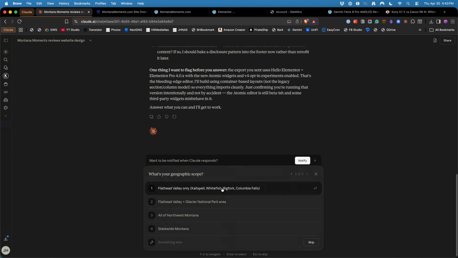We're starting out in kind of the Flathead Valley. Let's say Flathead Valley plus Glacier National Park area, and I can expand out after that. I don't even really know, they might be writing some text. Claude might be wanting to write some text, and so giving it that information is going to help it better understand what text to put in the different